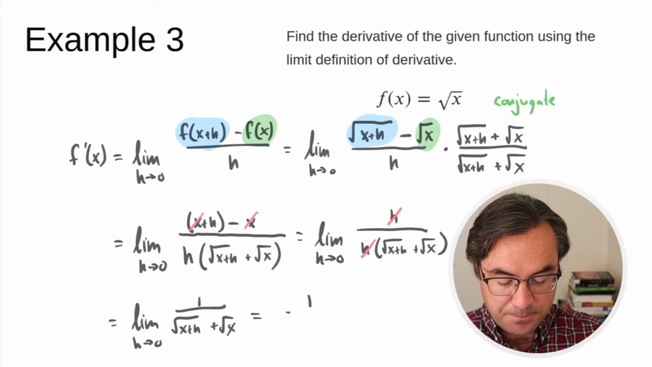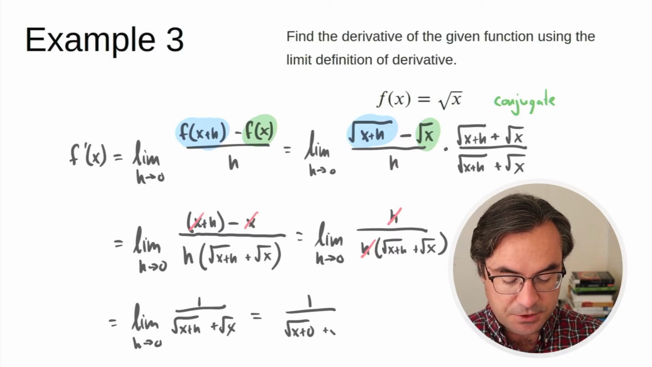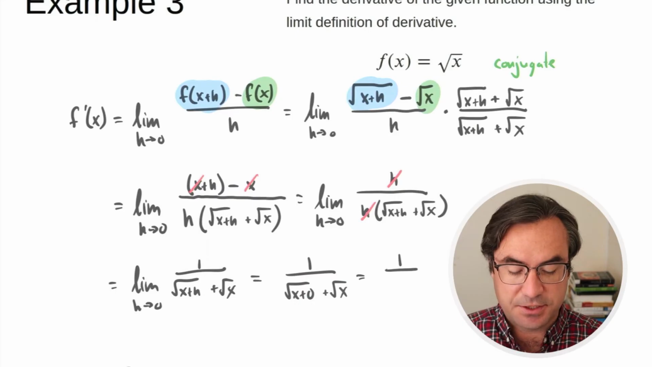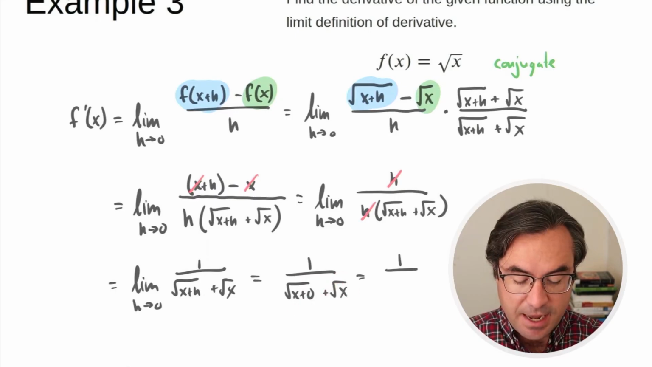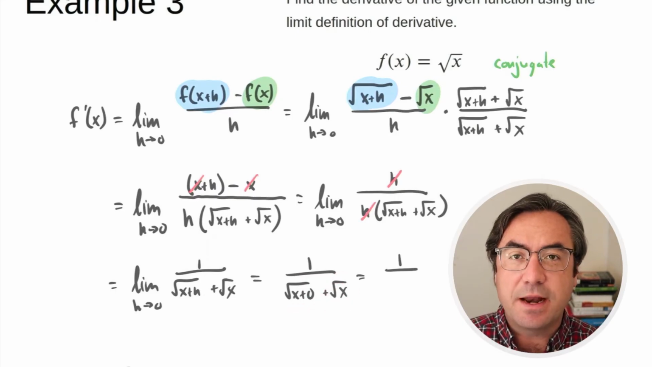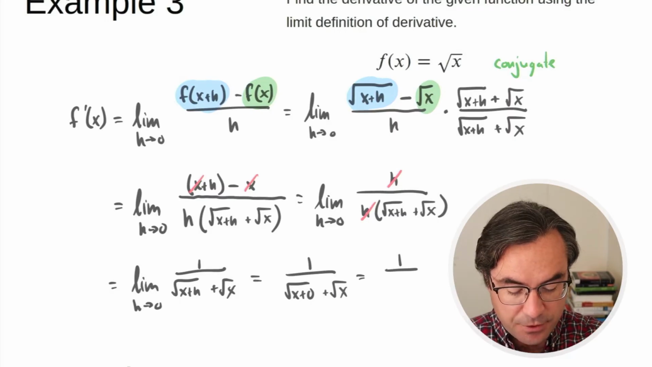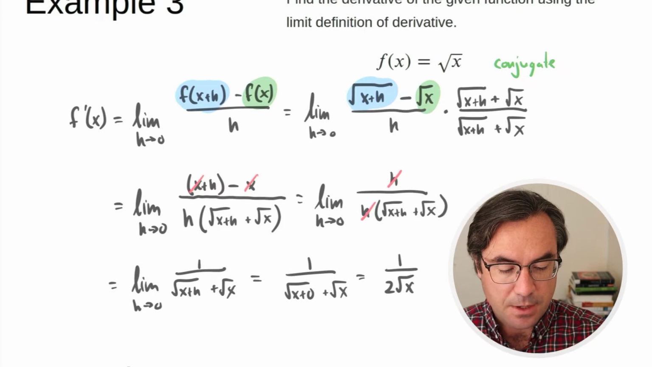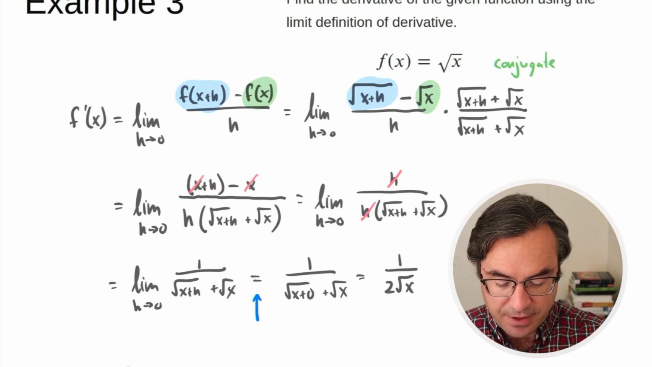And when we do that, we get square root x plus 0 plus square root x, which simplifies into, well, this is just square root x. This is just square root x. And we have two copies that we're adding together, so we just end up with 2 times square root x in the denominator. All right, so this was our direct evaluation step